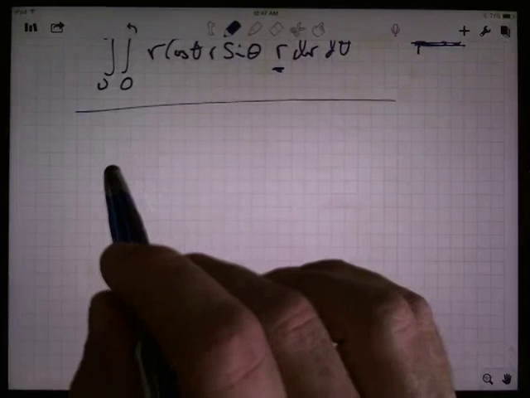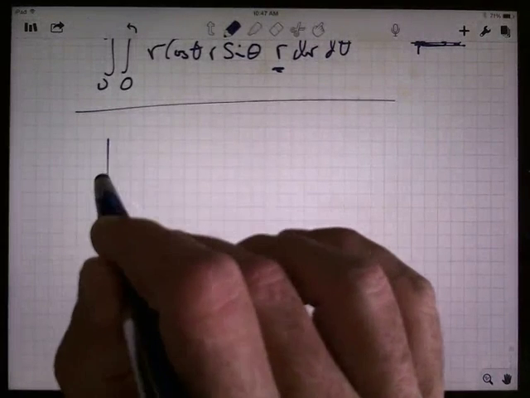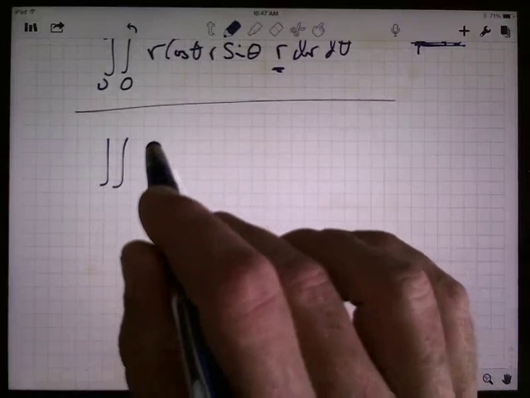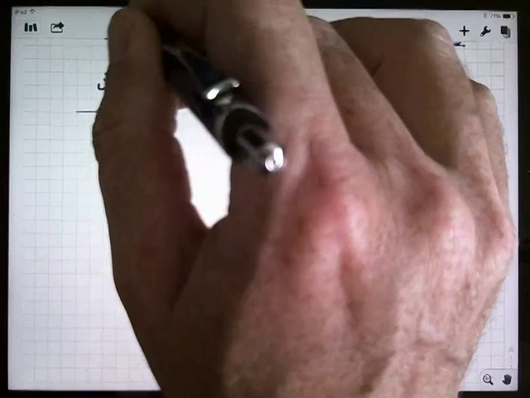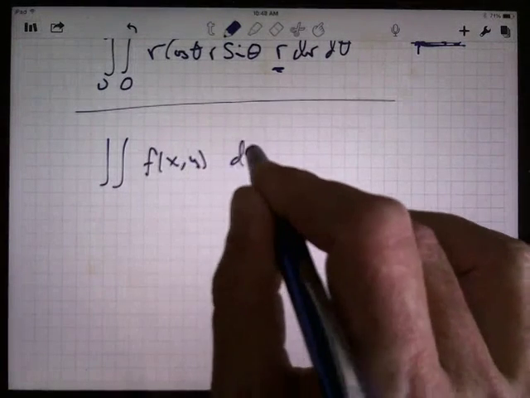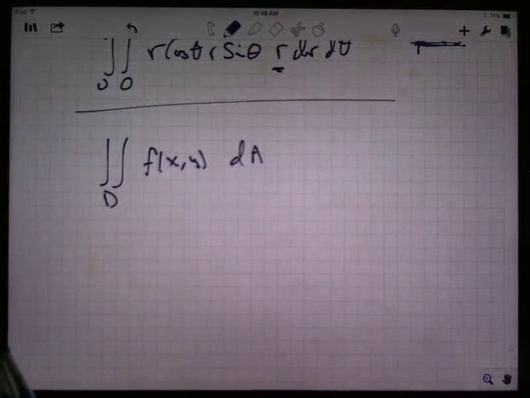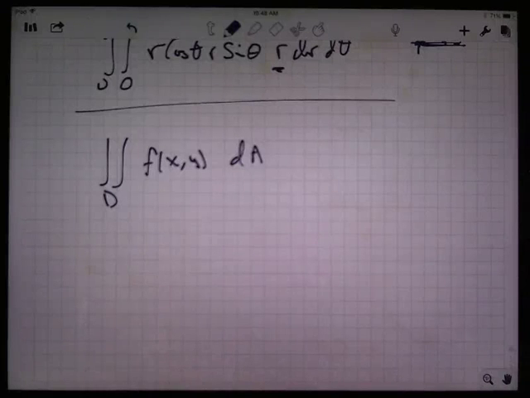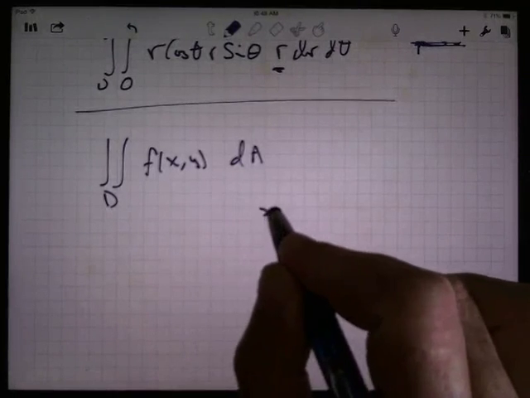So if you've got, let's say, a double integral of some function of x and y dA over some region D, not just polar coordinates, we can make essentially any kind of change. So if I have x is some